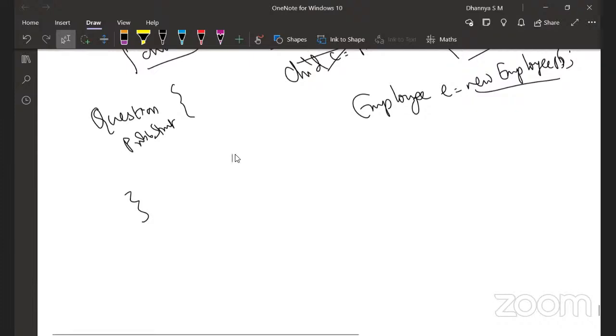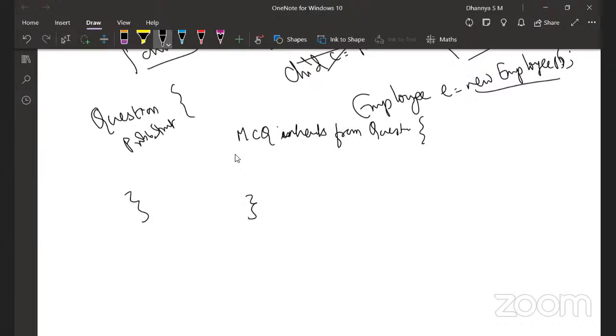Now I have, say, MCQ, which is another type, inheriting from Question. Here in Java we say extends, or let me just put it, inherits from. Is this correct? This is what you mean, no? Correct? Yes, ma'am.